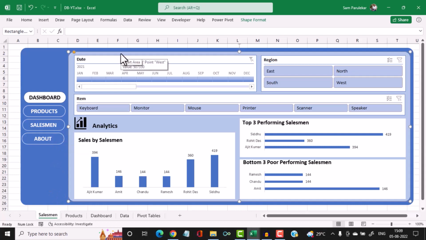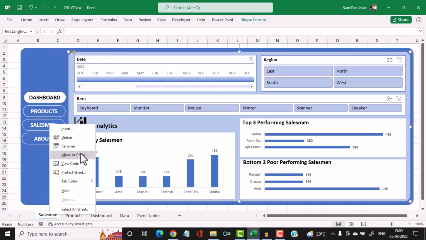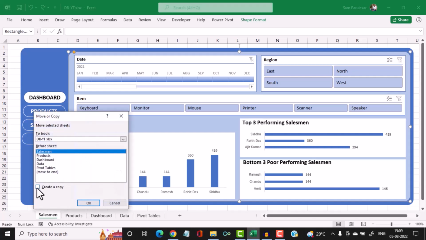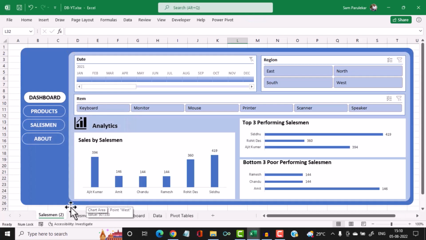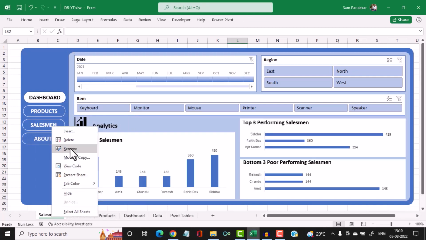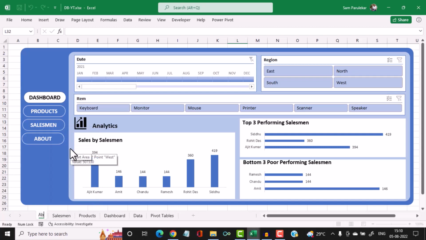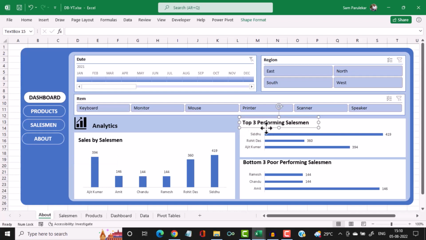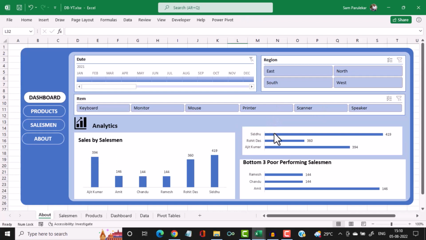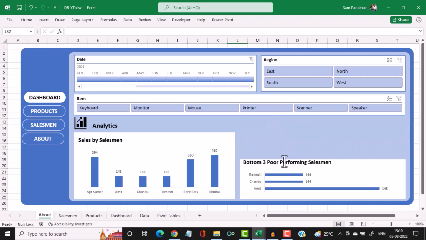In order to create the about sheet, we would right click on salesman and select move or copy, and select create a copy and click on OK. Then we would rename this sheet to about and hit enter. Now we would remove all the unwanted things from this about tab. So I do not need these rectangles and I do not need these graphs as well. So I remove all these contents